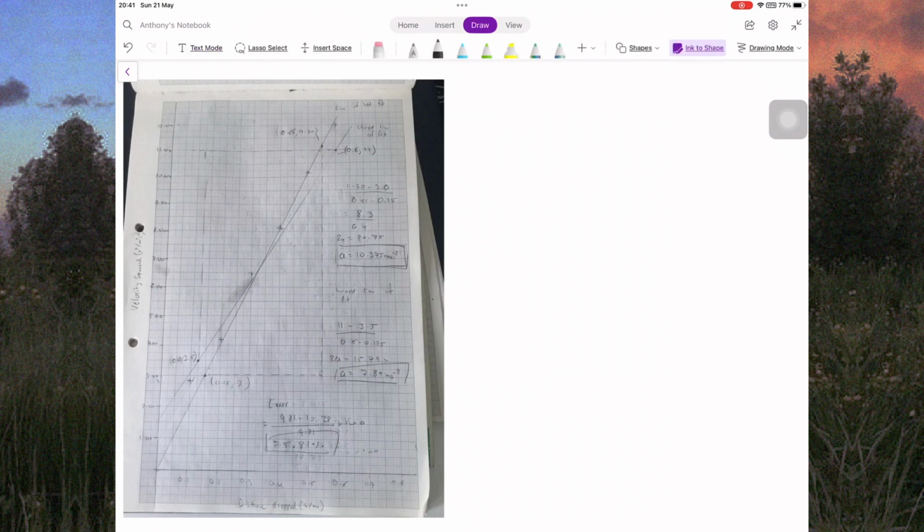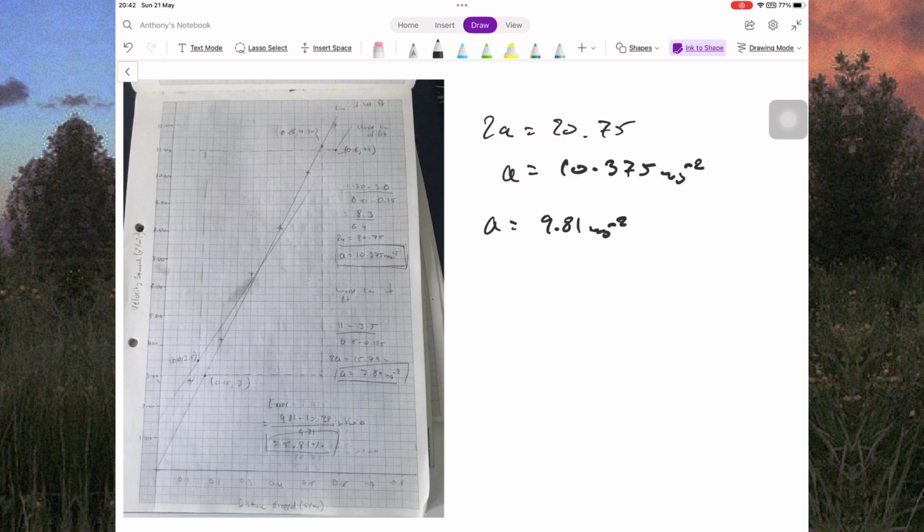I also drew the graph myself with velocity squared as the y-axis and distance dropped as the x-axis. I got my best line of fit, where 2a was equal to 20.75 and a would be equal to 10.375 meters per second squared. However, we know that acceleration is actually 9.81 meters per second squared, so I can calculate the uncertainty in my result,